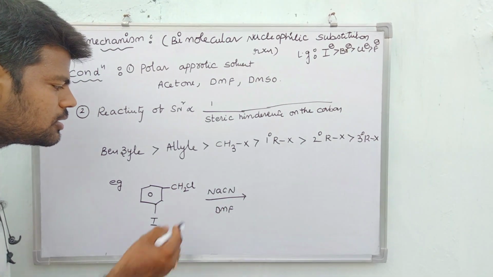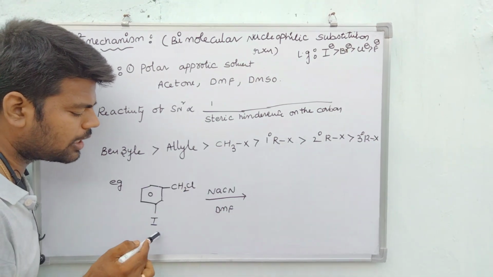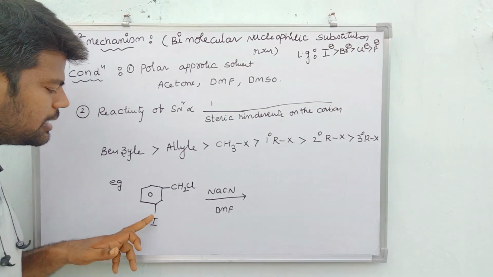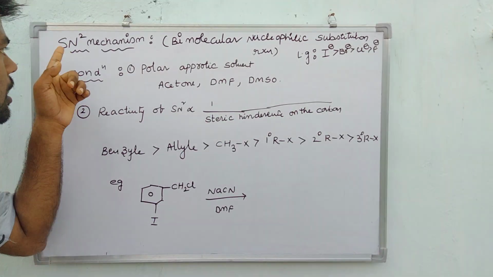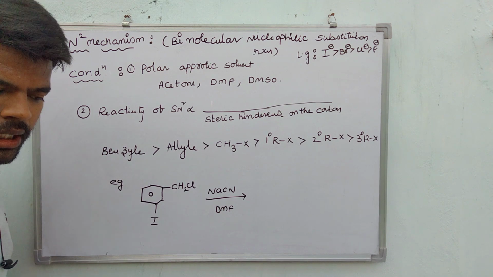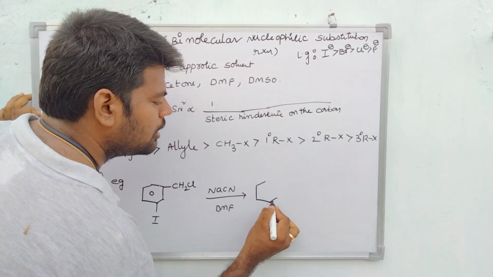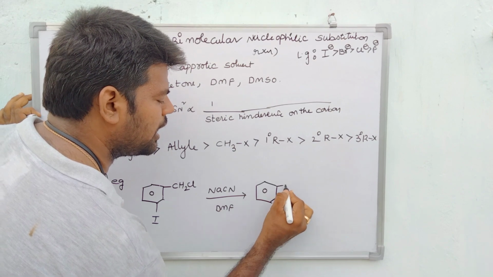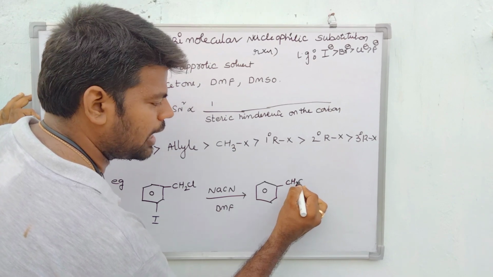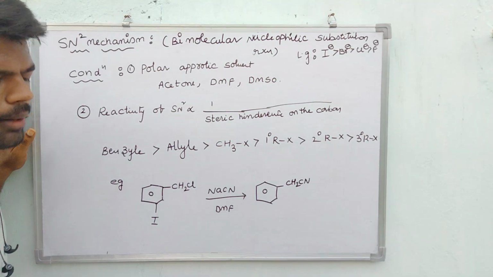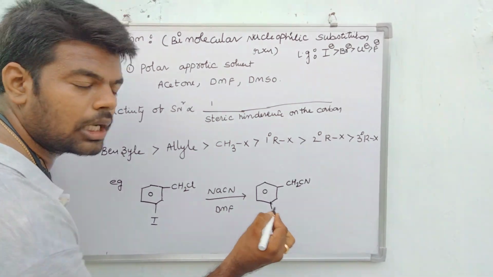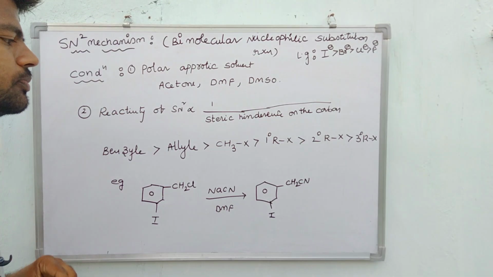Due to that, this is called the benzyl group. This is said to be an aromatic halide, called an aryl halide. But we know that for the SN2 mechanism, a benzyl compound undergoes it much faster. Due to that reason, in the place of the chlorine atom only, the cyanide group replacement takes place. Therefore, what product is obtained? CH2CN will be obtained. Where the iodine is, it does not undergo replacement.